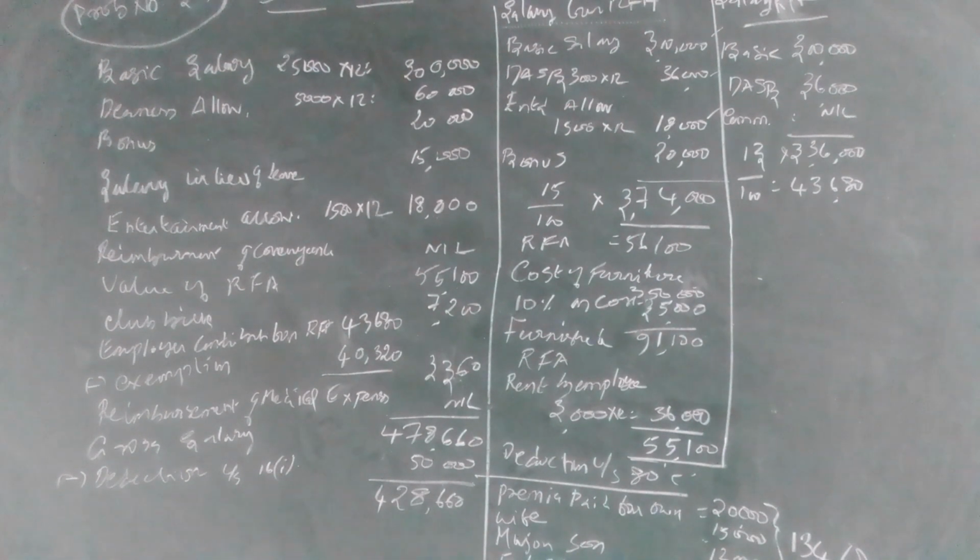No need to deduct this from the gross salary, because this 80C is qualified for deduction only from the total income. Here in this case we are calculating only the salary income. So we have to list out the deduction under 80C and we have to show the total salary income, that is chargeable income: gross salary minus all the deductions, the total amount of chargeable salary income. Deduction under 80C should be listed out separately.